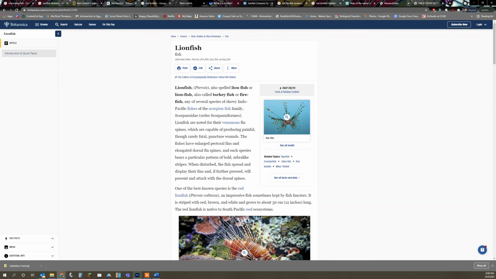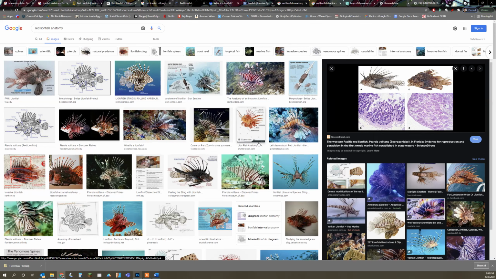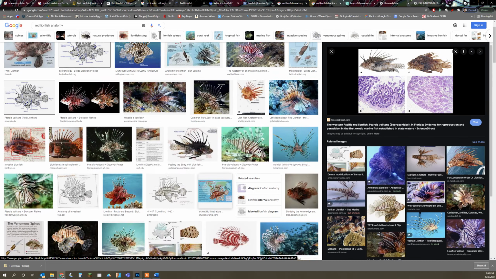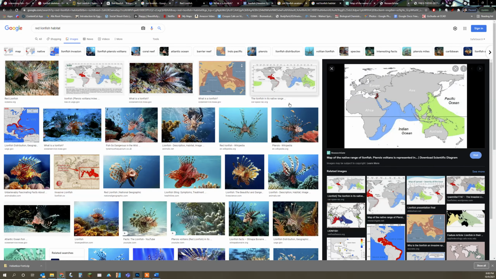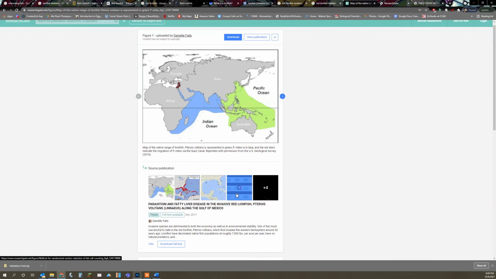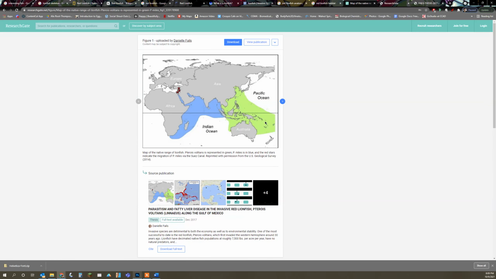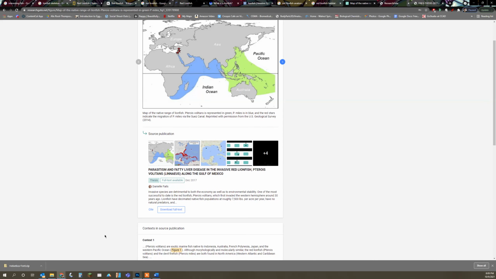So the lionfish. I've been doing a lot of research on the lionfish the last day or so, and put a couple hours into this, looking at their habitat, where they're native versus where they're invasive, and then going back and reading about that a little bit more. So looking at those maps led me to this paper on the lionfish,